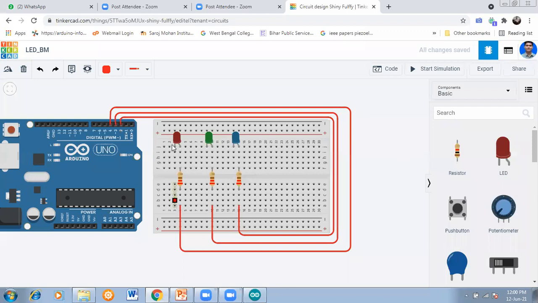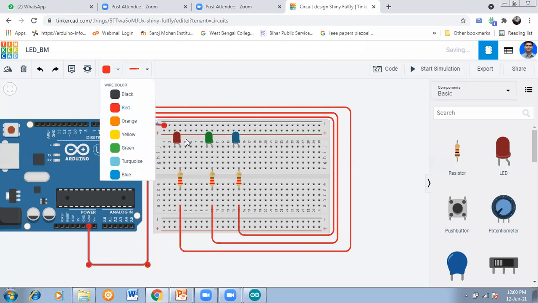Now these are the ground points. Cathodes should be connected to ground. So take the ground here. You have to draw the circuit neat and clean. Then this is grounded. Change the color, it should be black.